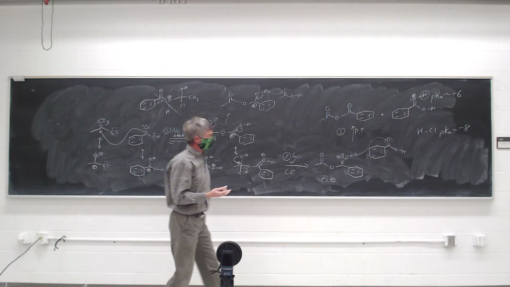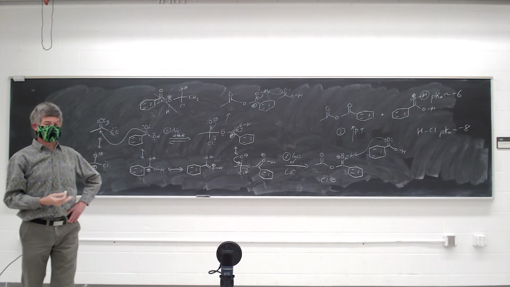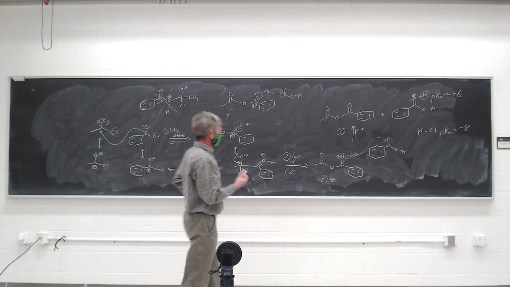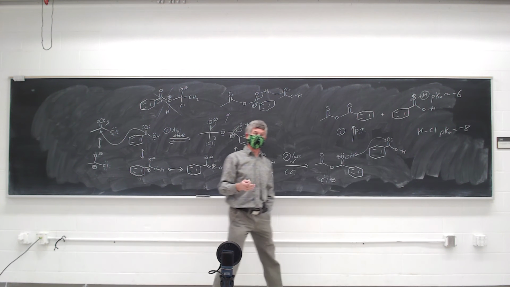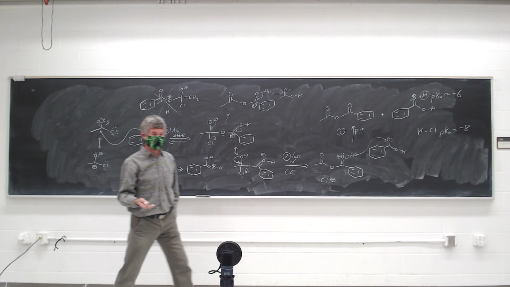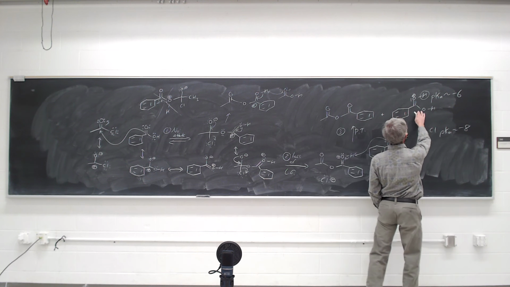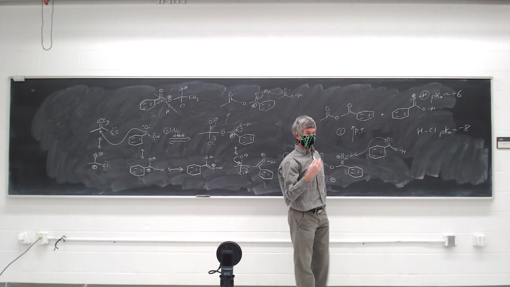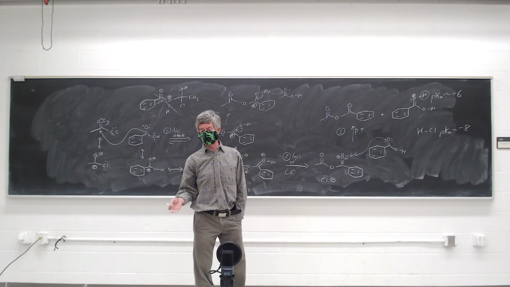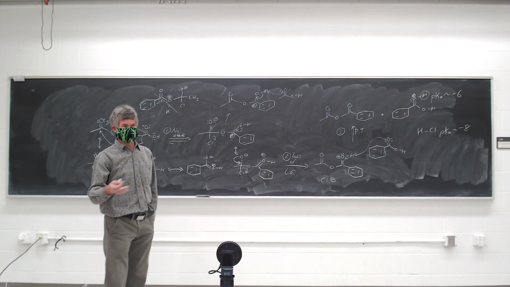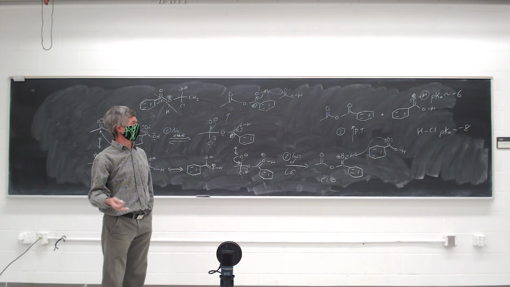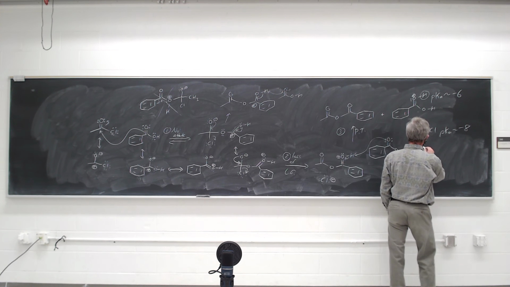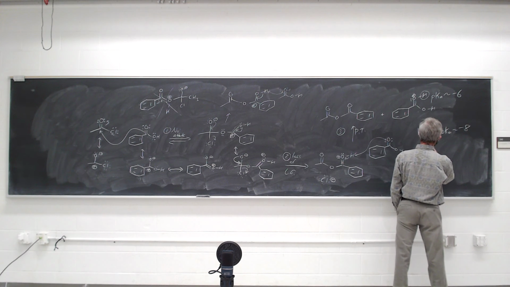The reason why it makes more sense to use acetic acid as the base to take that proton off in the last step is twofold. One, we're probably running this in acetic acid as the solvent, so we have a lot of it. And two, the pKa of the protonated acetic acid is a couple of orders of magnitude higher than the pKa of HCl. So if you dissolve HCl gas in acetic acid, it's not quite fully dissociated like it would be in water, but it's still mostly dissociated, because of the reaction of HCl plus acetic acid, or benzoic acid in this case,